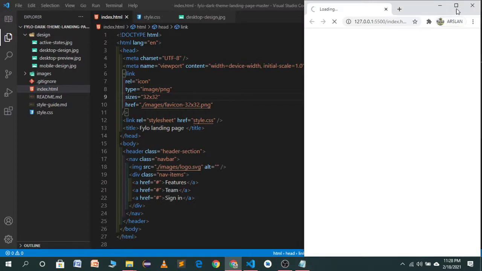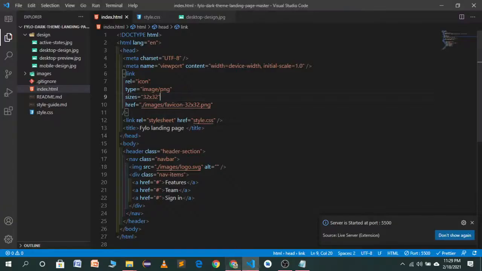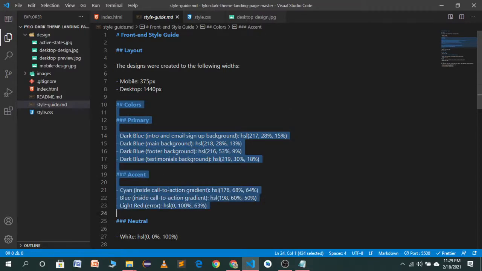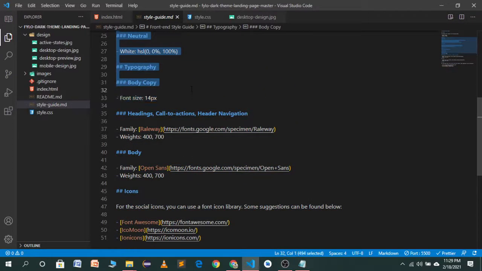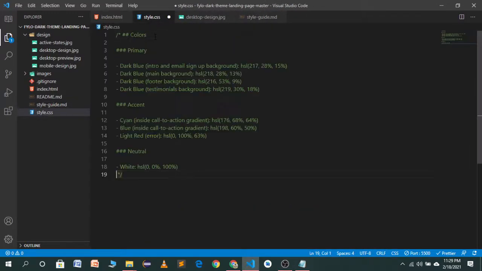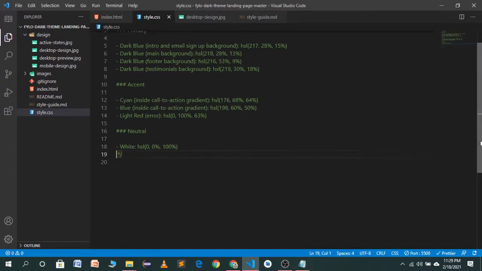Now you will see the design of our website is not looking great. We will not see a logo because the logo color is white and the background of our body is white. So I will open the style guide, and here we have colors. You will get all of these files in the description of this video. I will move these colors to my CSS file. So here we will copy it easily. In a comment I will post all of these links.